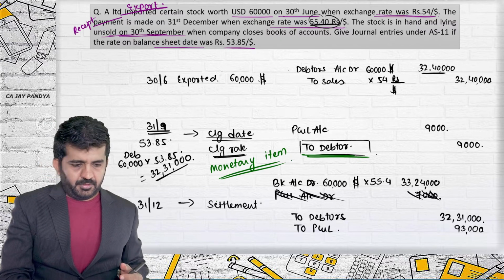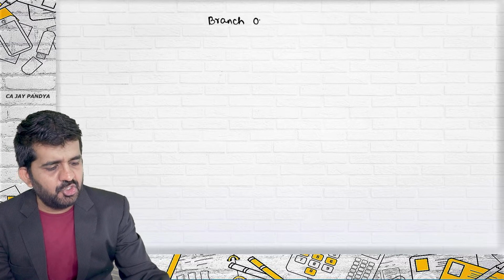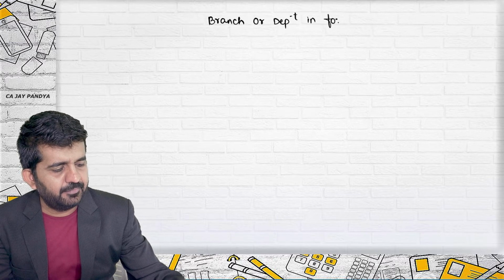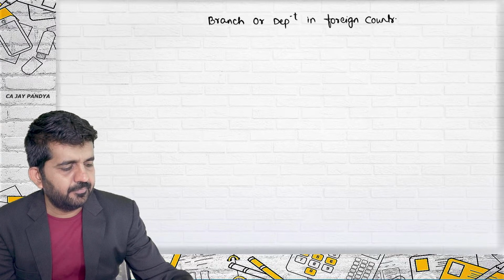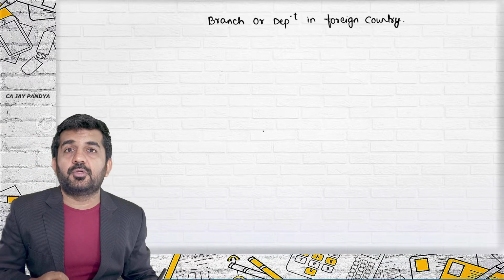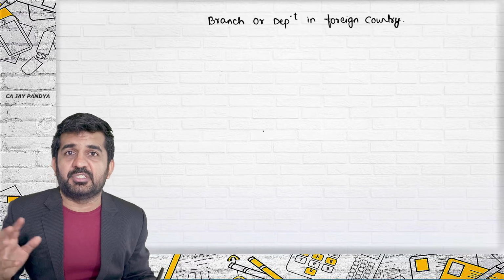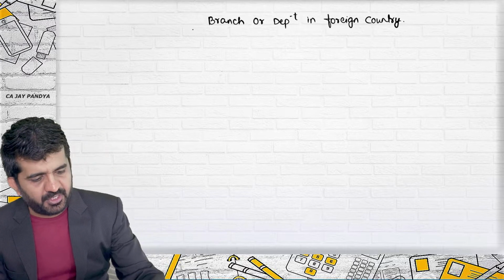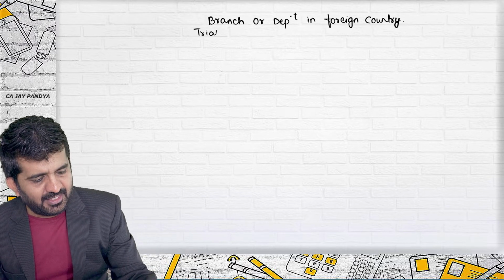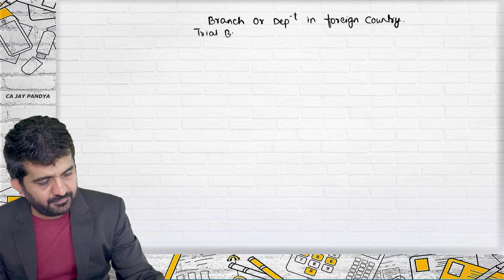Absolutely, all right. We are going to the next point, whereby we have a branch or department in a foreign country. That branch or department has purchases, sales, some assets, and some liabilities in foreign currency. So either they have a trial balance